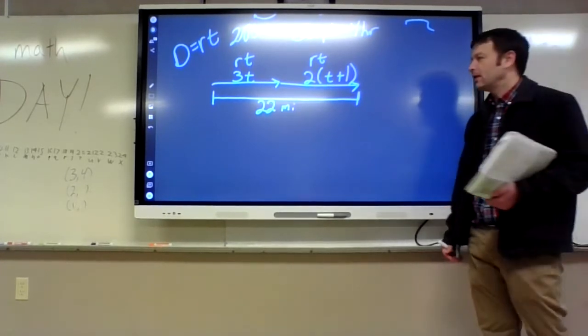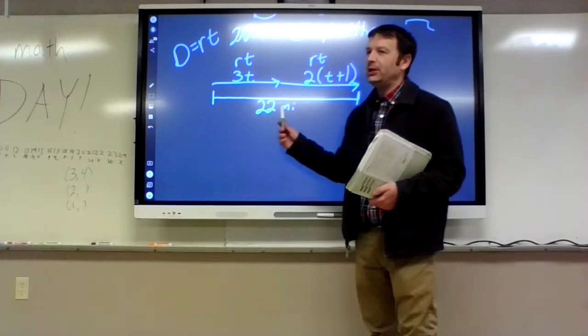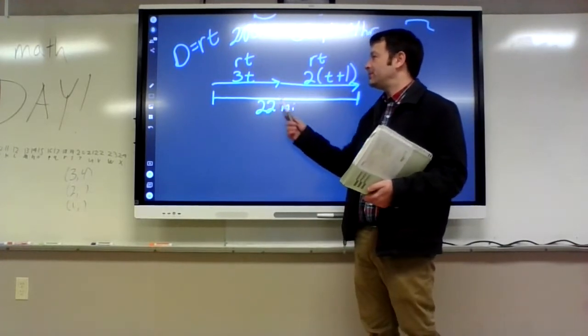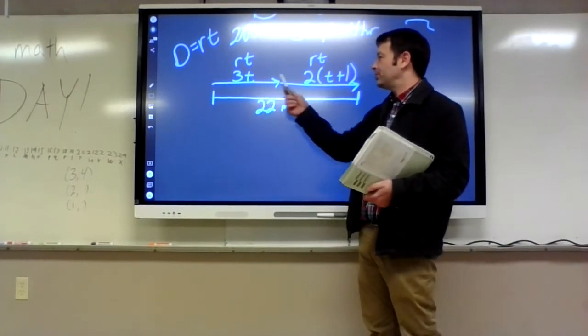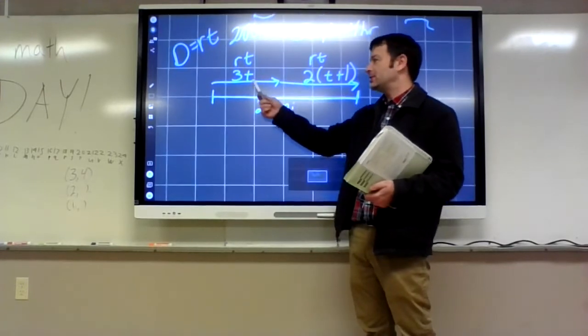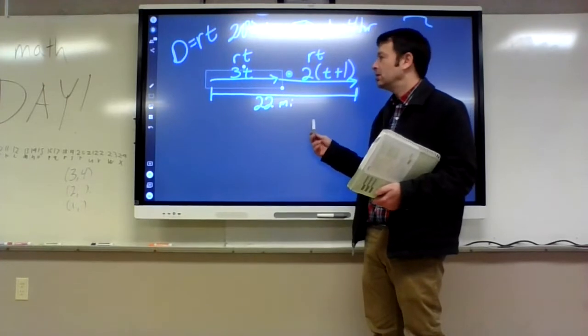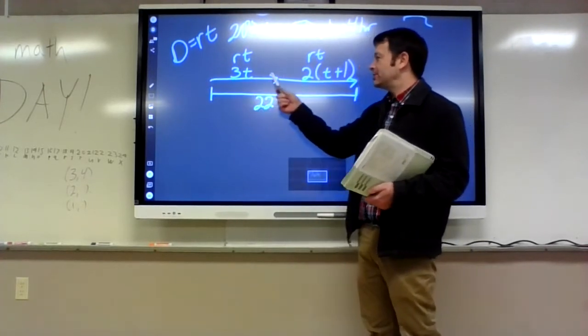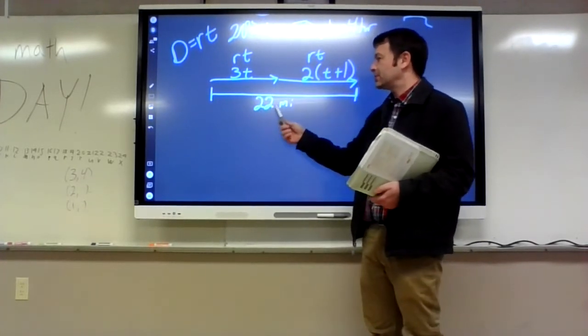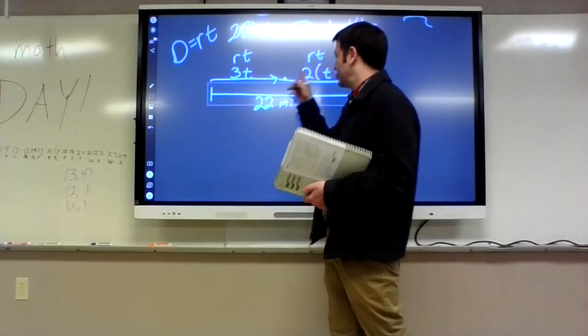Okay, now we need an equation so I can solve for T, figure out what T is. So what's the relationship between these distances? They all add up to 22 miles. The morning distance plus the afternoon distance equals total distance. So 3T, the morning, plus,